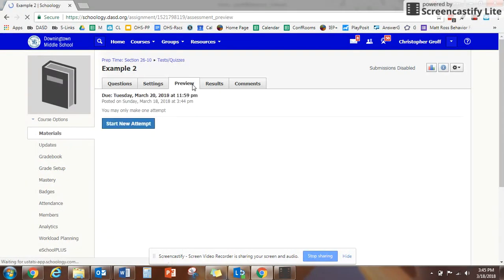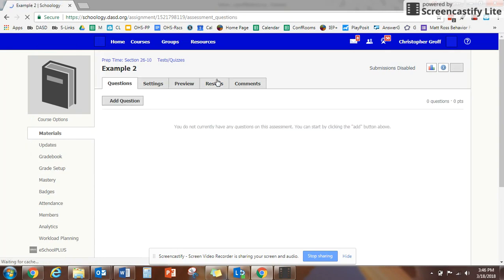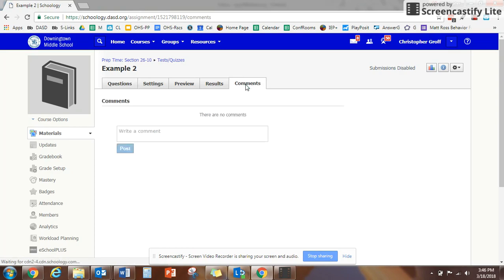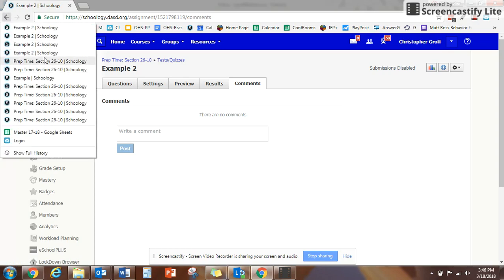The Preview tab allows you to walk through an assessment once you create some questions. After students have taken the assessment, the results screen will populate with their scores. Right now, as nobody has taken my test or quiz, it just defaults back to questions. And comments too, if you enable comments, this will allow you to see any comments made on the quiz or test. So let's go back to the one I've already made